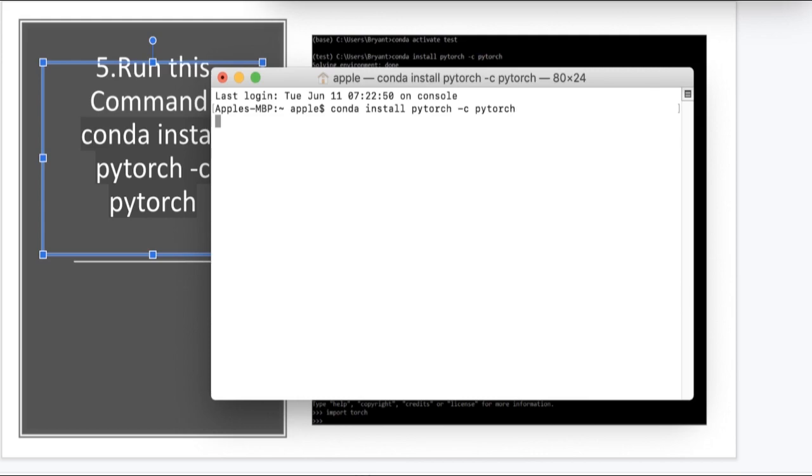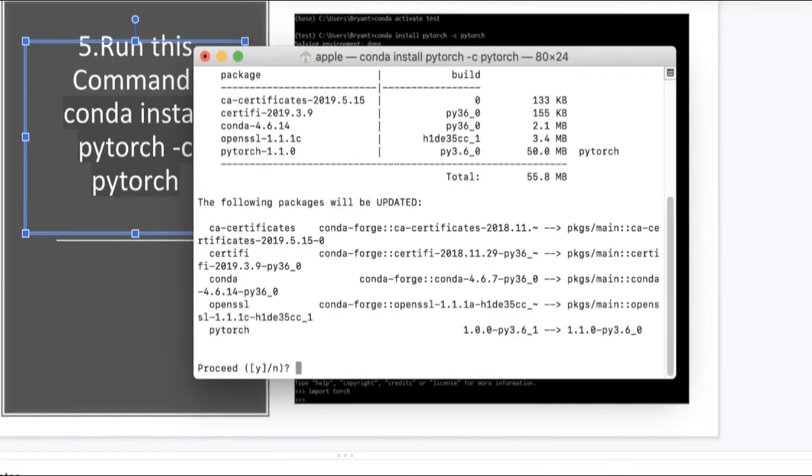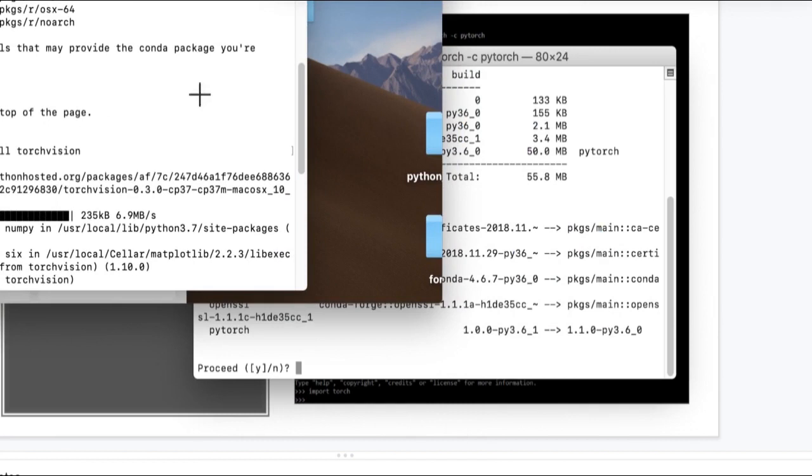And once you've done that, you're going to get all of these, and then you're going to get this one, proceed, yes or no. And once you proceed with that, then that part of the installation will be completed. And obviously we are not quite done yet. And after that, what you need to do is,